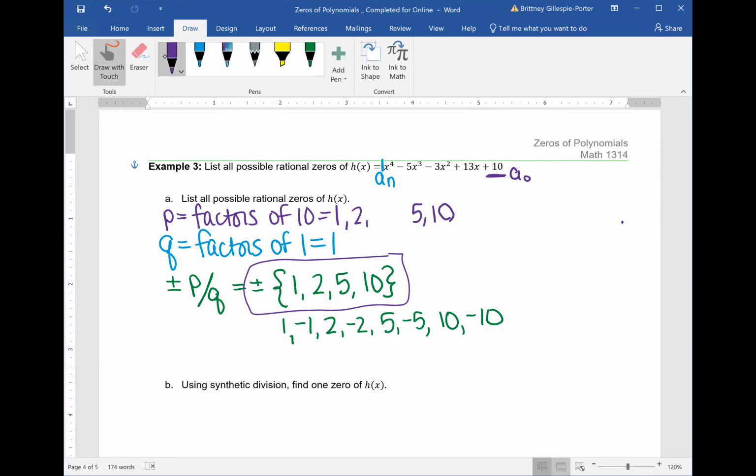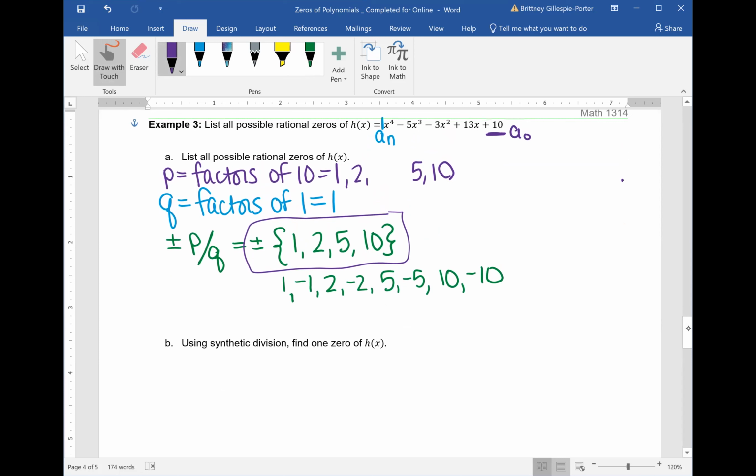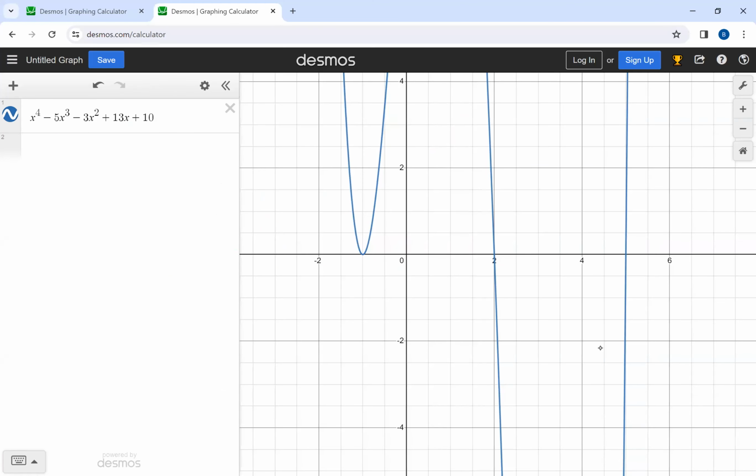Next, when it asks us to do synthetic division, finding a 0 of h of x, we are not going to plug and chug and try to find a 0 by guess and check. Remember, we are going to graph our function. Okay. So again, I use desmos.com/graphing. It's a graphing calculator. Entered our polynomial in our field at the left,